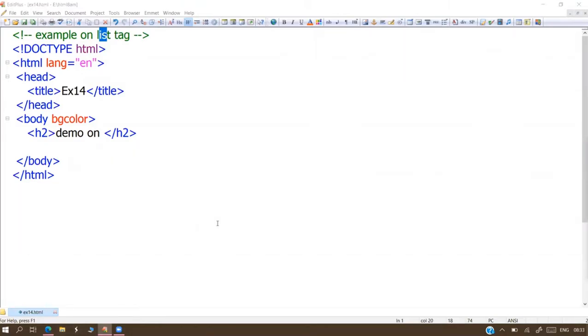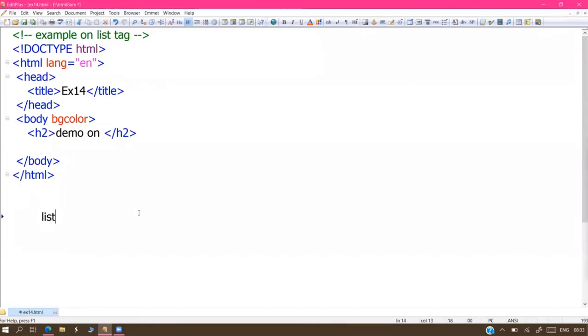In front of the points, some serial number comes: 1, 2, 3, 4. Otherwise, a special symbol comes before every point. So I want to display my data also points wise, serial number wise. For that, we have the list tags. How many list tags do we have, sir? Two list tags are available, sir.